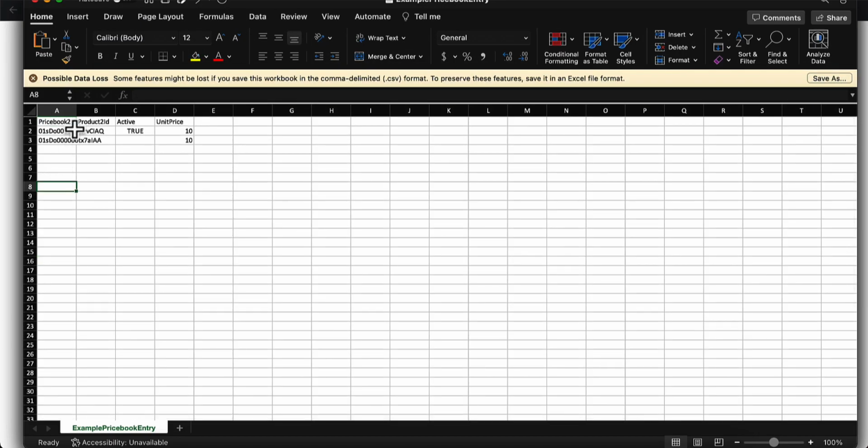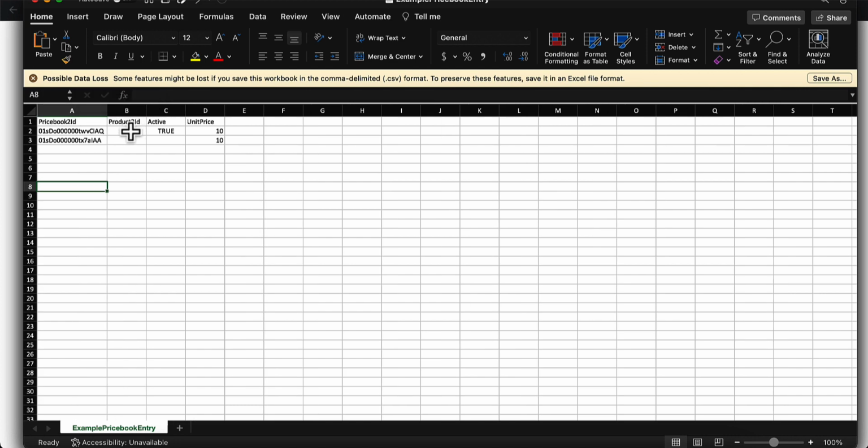And inside this pricebook entry, we're going to need to do one thing, which is I've already preloaded the pricebooks. So keep in mind when you do load new products, you do need the standard pricebook and then whatever custom pricebook you want. That's one of the hard set limitations that Salesforce has on pricebooks, is you need that standard one. So I'm going to come in here and I'm just going to paste in just the ID